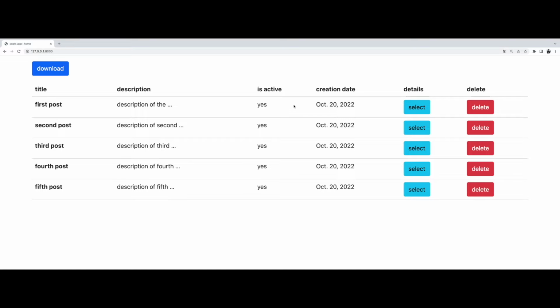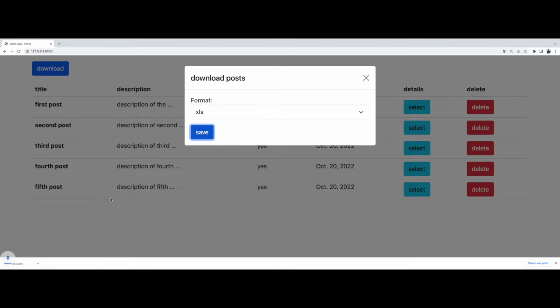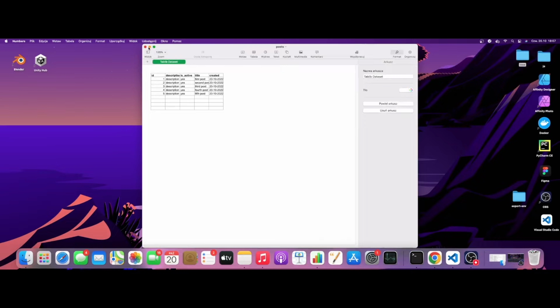Today I'm going to show you how to export data using the Django import export package directly from the view. So we have a simple project over here, and above the table we see a download button. Once I click on it, a modal appears, and over here we can select different formats on how we want to export our data. So I'm going to select Excel just to show you an example, and there is our